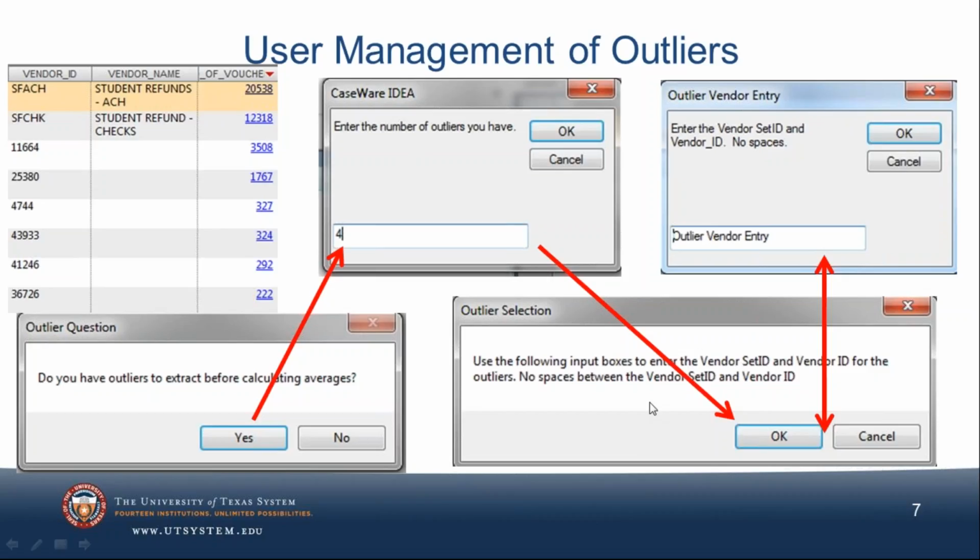Then it will use input boxes to enter the vendor set ID and vendor ID for the outliers. So if you have 4, the vendor entry window is going to show up 4 times. You enter your information, click OK, and it comes up again, and again, and again. And then you go on, and you have your calculations without any of the outliers that you took out.